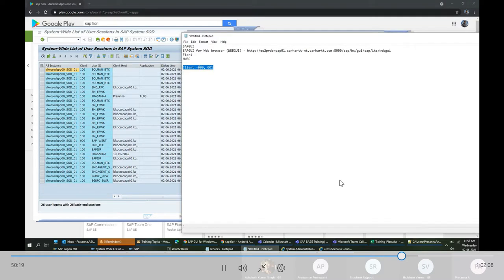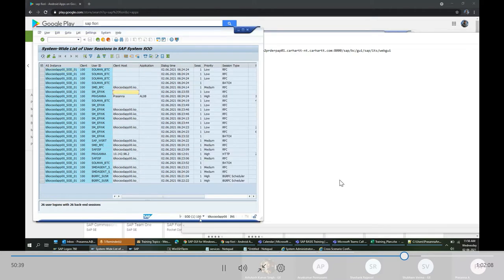When a system is installed, SAP by default provides these two clients, but we will not be using them. They are something like a reference only. We should not use the 000 client. 001 we can use, but we will not be using it. So we will be creating a new client. We'll copy the contents and create a new client. This is up to us. We can choose whichever number we want and create a client.